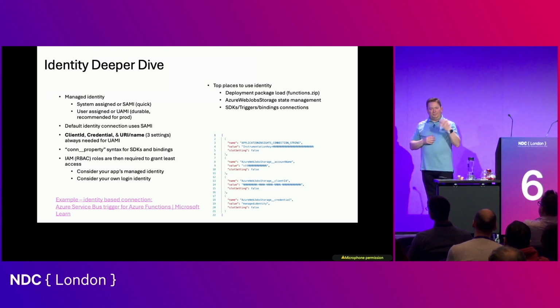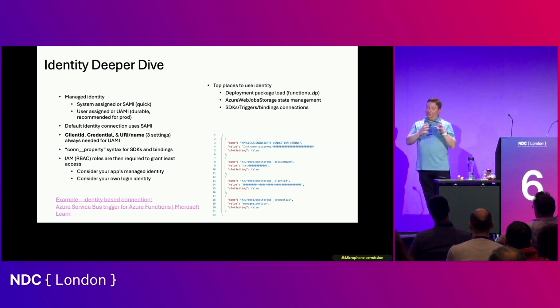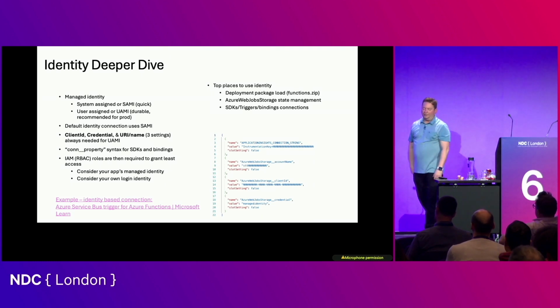It's durable. Like, imagine you go and delete a web app or you delete a function. That identity, if it's tied to the service, also gets deleted and goes away, whereas a user-assigned identity is an independent resource, and you control the life cycle of it. And it never goes away. You have complete control. So I like user-assigned.